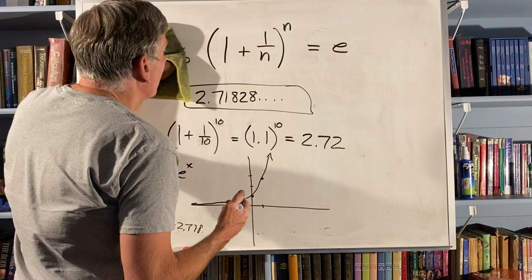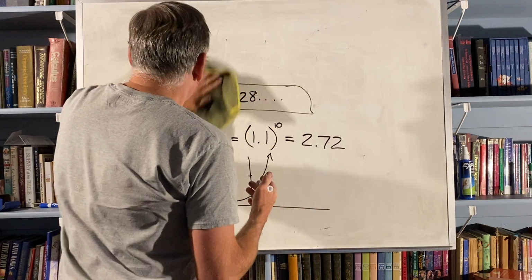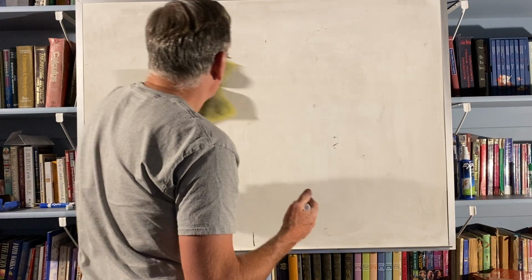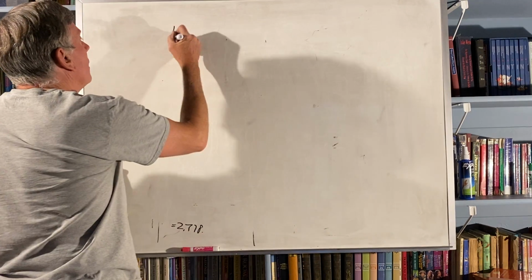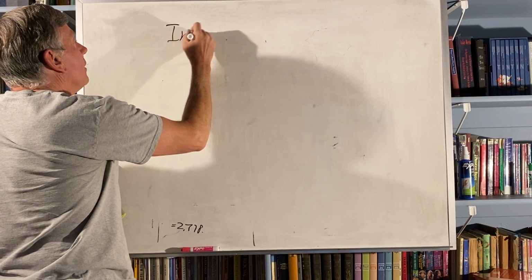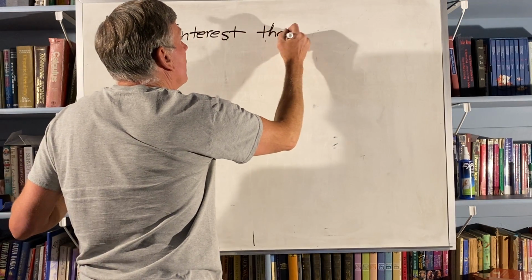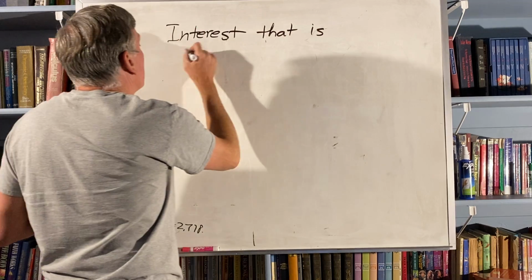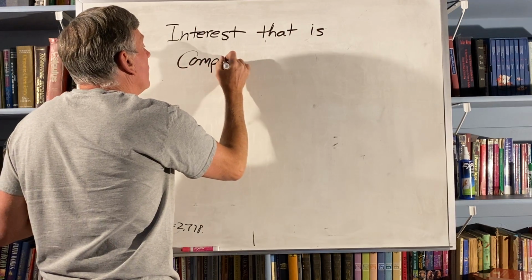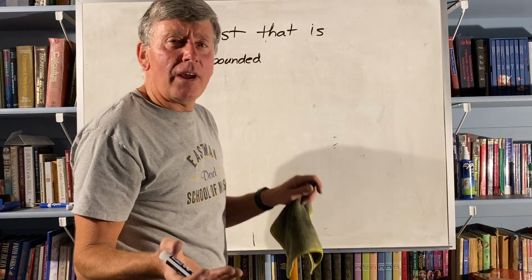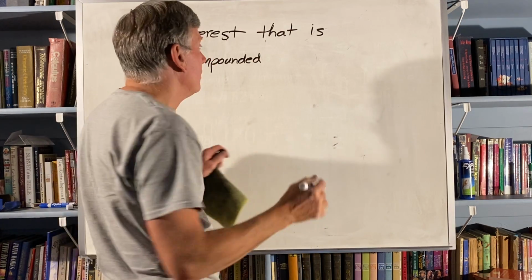So I have what's known as interest that is compounded not daily, not by the minute, not by the second, but